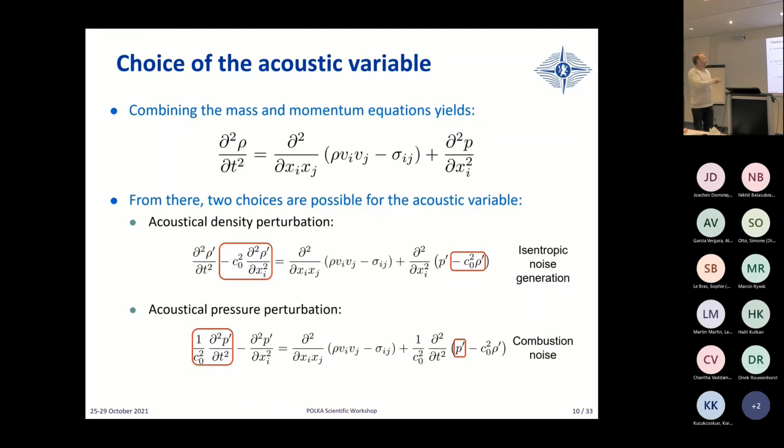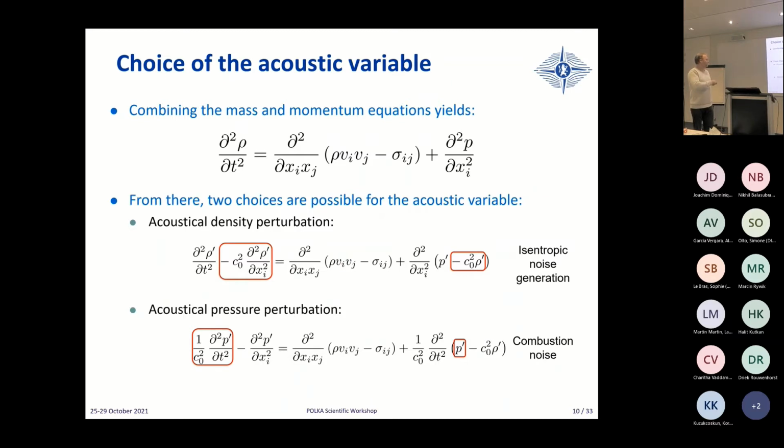Might have been to say, hey, look, in here I have something that is also a brick of our wave propagation operator. Okay, the nabla square p. What if I move this one to the left-hand side, add 1 over C0 square second time derivative of p prime, and then I bring this one onto the right-hand side. So this is another acoustic analogy with an operator that looks different, but is formally the same in the wave